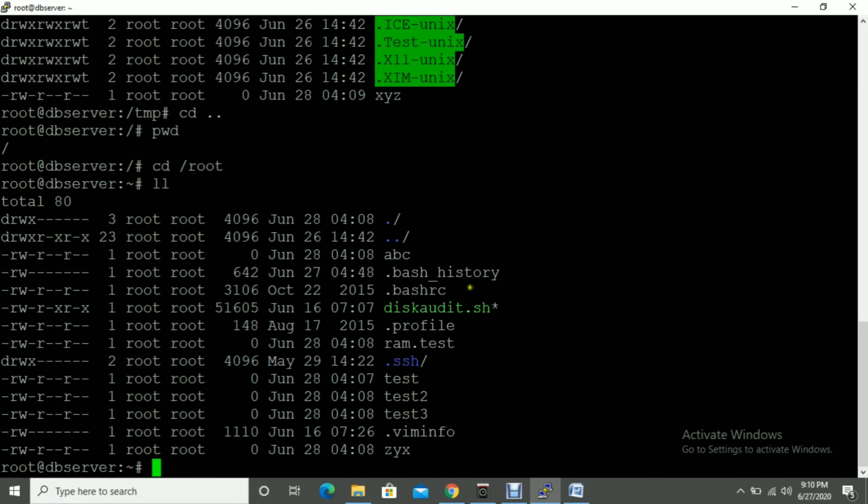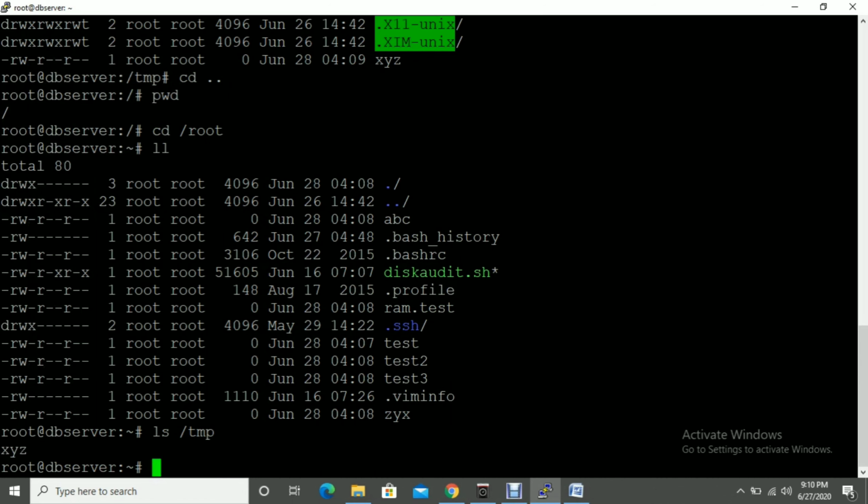So you created the file from here. But now you don't want to go to the temp directory to check the file. You have to use ls temp. If you use this command, you can see your file xyz is showing here. So there's no need to go to the temp directory.